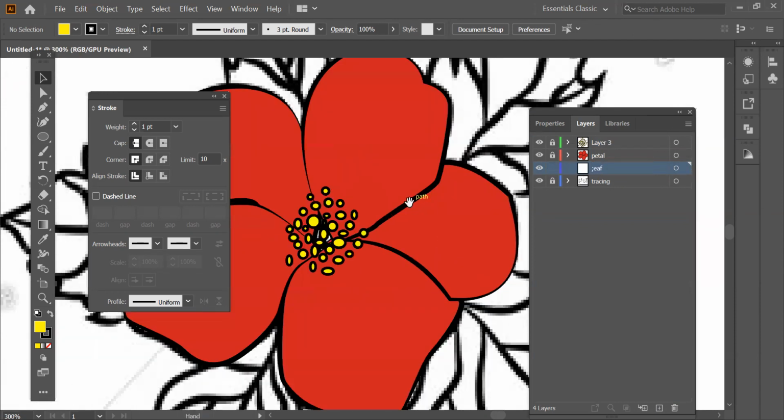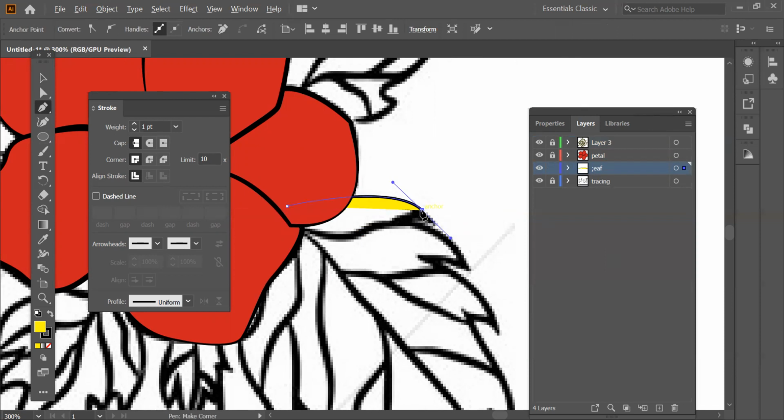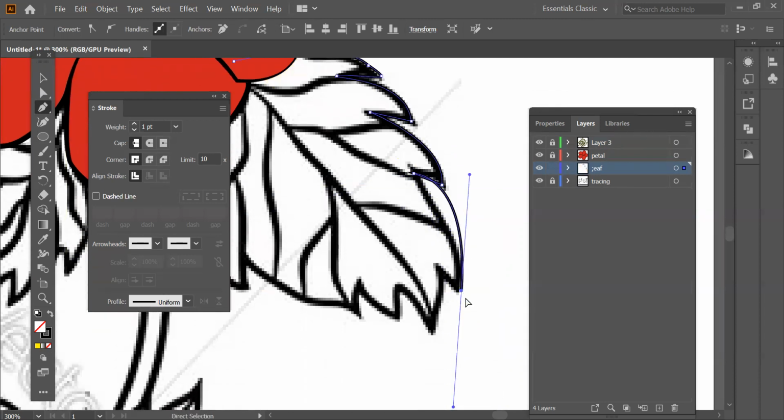And I'm just gonna start drawing. See, all the other layers are locked, so it's just gonna protect my work. Now, see, even if I'm starting to draw from this point, it doesn't matter. Why? Because anyway, this is behind the petal. So what will you be seeing first? The petal itself. And now why is the color coming back? Because this was never off. So I'm just gonna turn it off. And see, right now I'm using black color to trace it. It's better if you use a colorful one so that you can easily see everything, whatever you are doing.